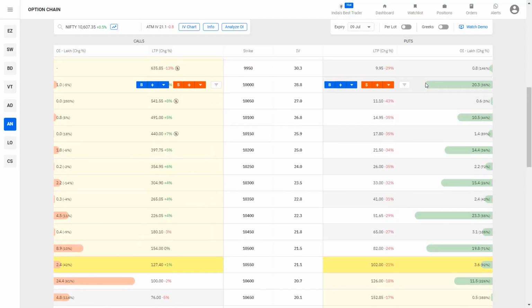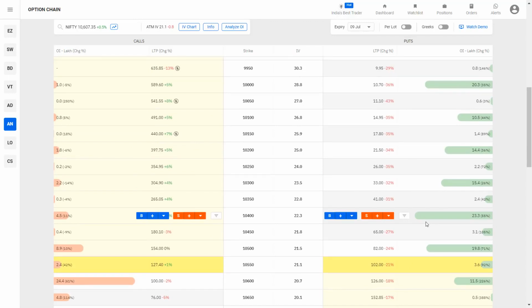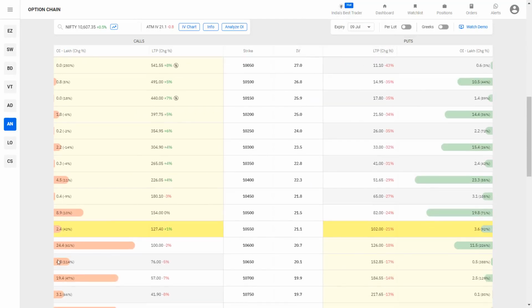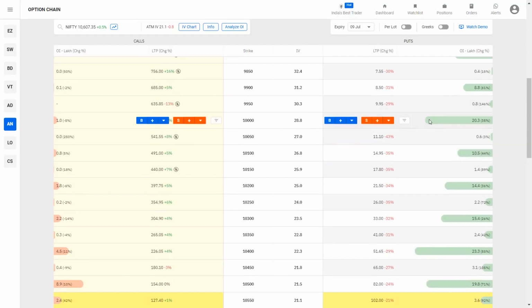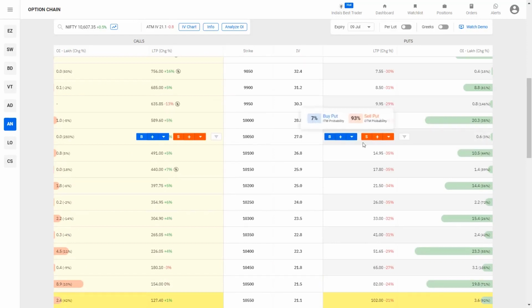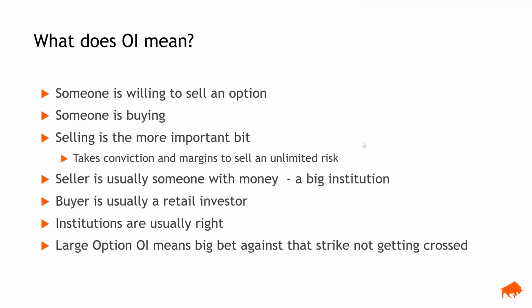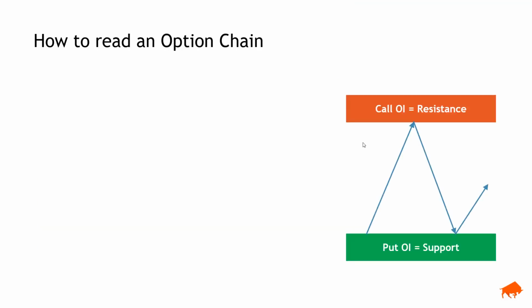Similarly, when somebody sells a 10,000 put or a 10,400 put, that somebody is fundamentally taking a bet that, boss, this is not going to go below, let's say, 10,400 or 10,000 or something. So this is a bet by the seller of the call that it won't go above 10,600, and this is a bet by the seller of the put that it won't go below 10,000, which basically means that a call OI is a large institution saying this won't go above this strike, and if you assume that this large institution is going to be right, then the call OI is technically a resistance and a stock or an index will not cross that point.